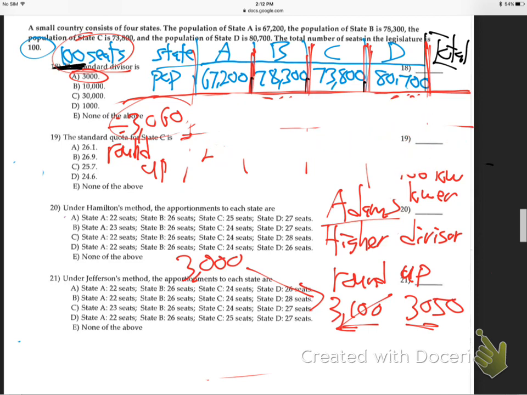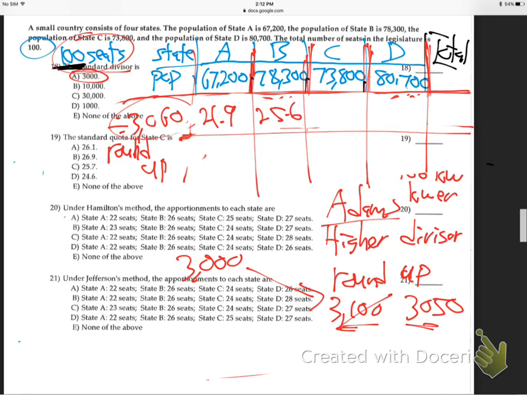Let's go back and try 3060. This is just so touchy. So 3060, all right. Divided by 3060, 21.9. 78,300 divided by 3060,